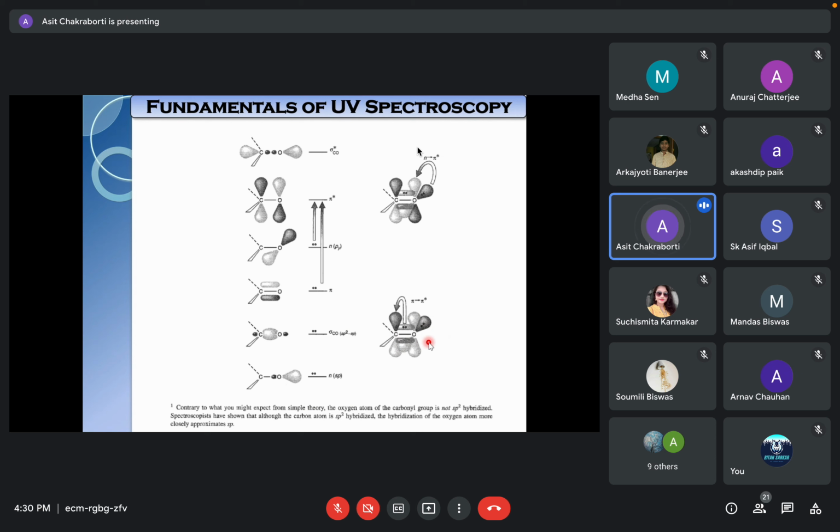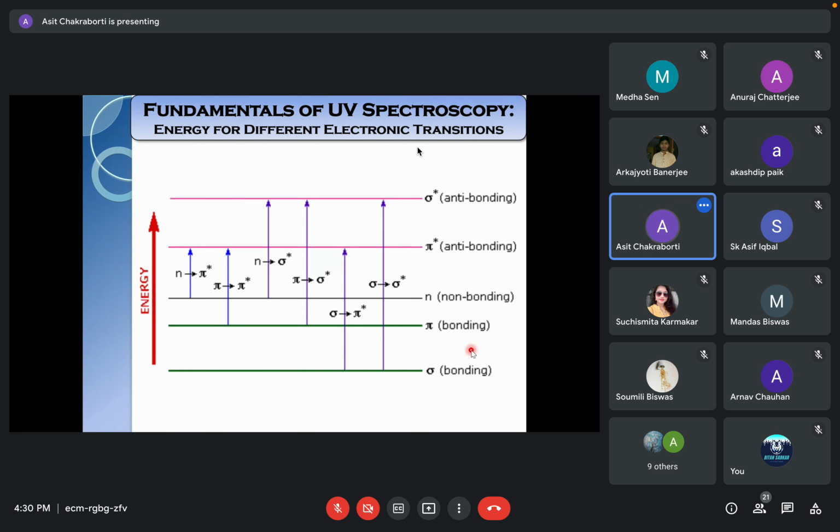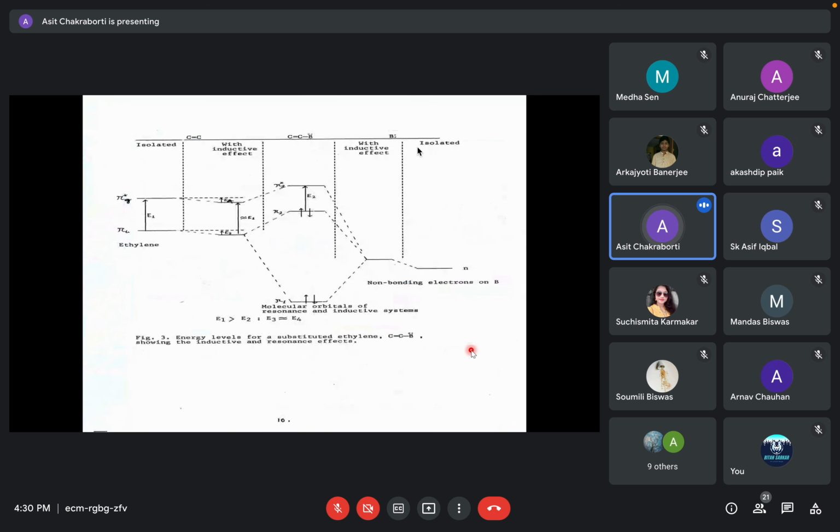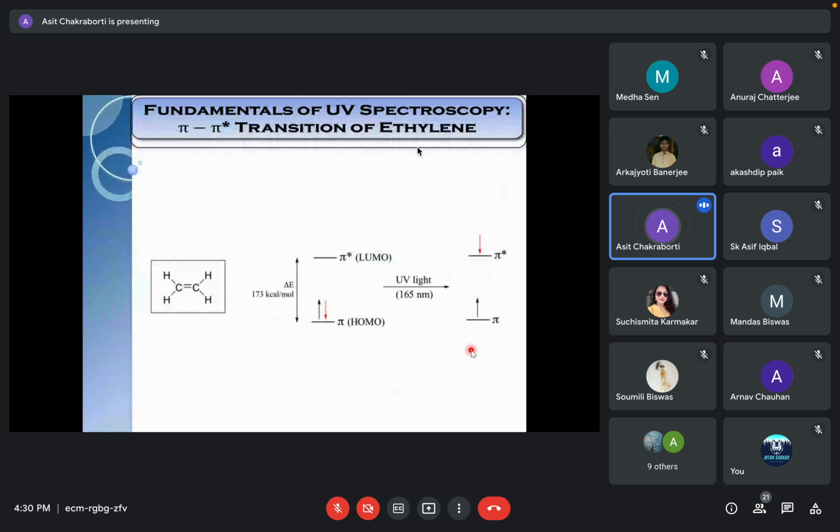And this very tricky answer only comes from UV spectroscopy, because these 2 lone pairs of electrons are on 2 different energy levels. So again, spectroscopic techniques provide a very critical answer, right? We will come back to how we can use UV spectroscopy. Wherever it is important for you to know, I'll elaborate on that.